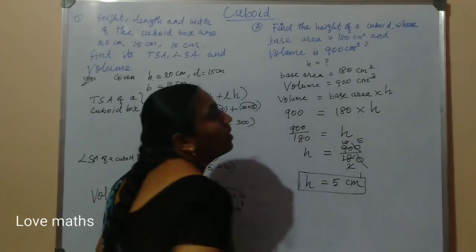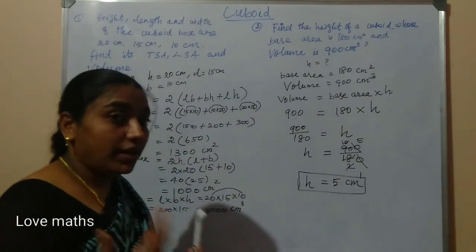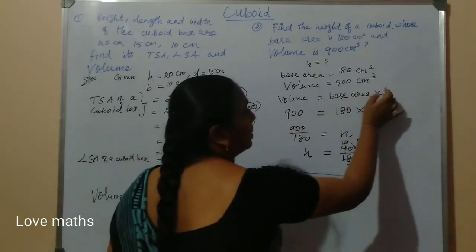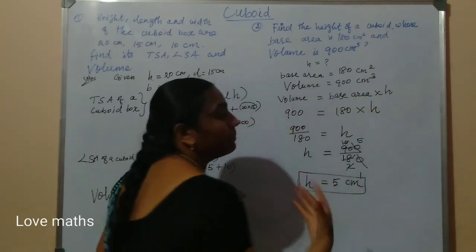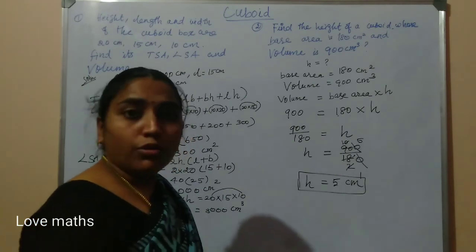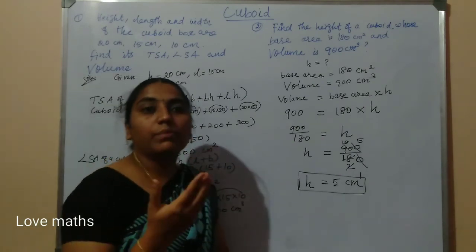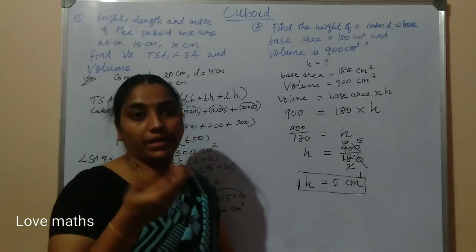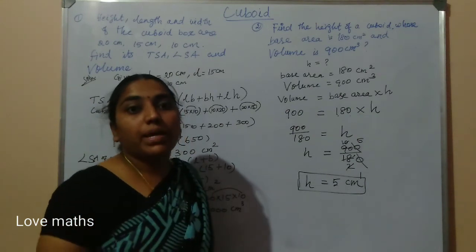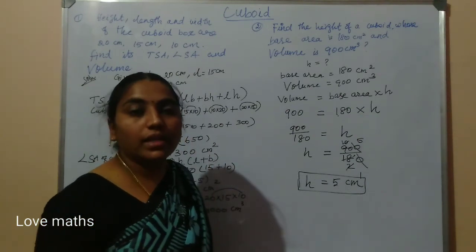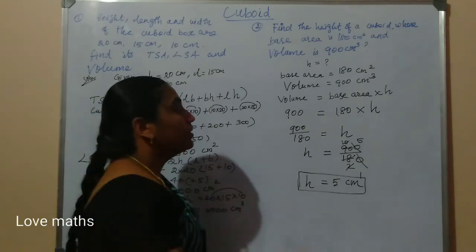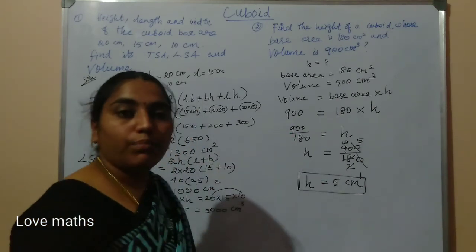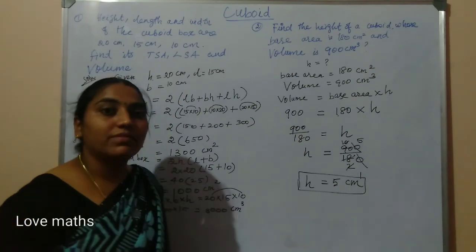That's all. Okay, so what you have to think is: volume is equal to LBH. That is the formula. What is base area? You are confused, but don't be confused. The volume formula is base area into height. The rectangle base is length into breadth. That's why the formula came. If you know how the formula comes, this is very easy. If you practice more sums, you will feel it is very easy.